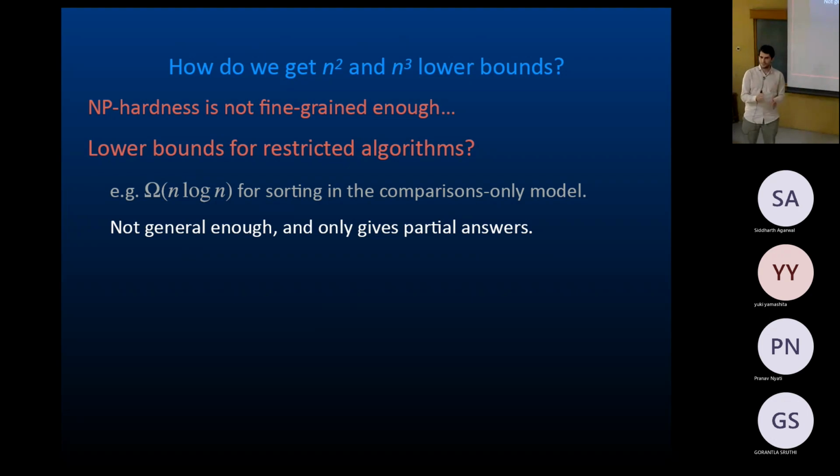Say that if the algorithm is restricted in some way, then the number of operations is so and so. But these models you can usually break. For sorting, you can break the n log n bound with some more operations and so on. But these don't give us a general, complete answer. So we're not satisfied by those kinds of results. They are great when you can prove them, but we are looking for something showing that any algorithm cannot do better.